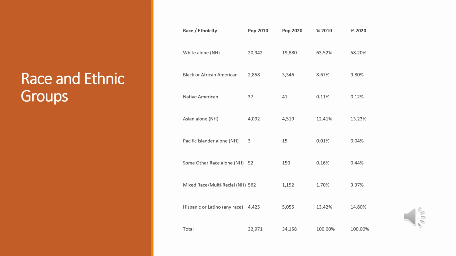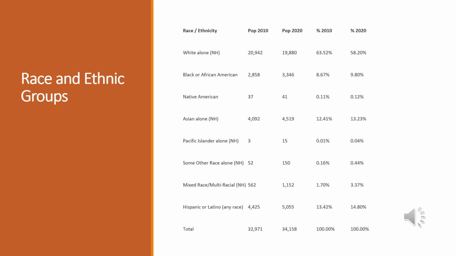Now, we also want to know about race and ethnic groups within a community. As you can see, Woodridge is mostly white, although it has dropped in 2020 from 2010, where it was 63.5% white, down to 58.2%. If we look at the African American population in 2010, it was 8.67%, where in 2020 it went up to